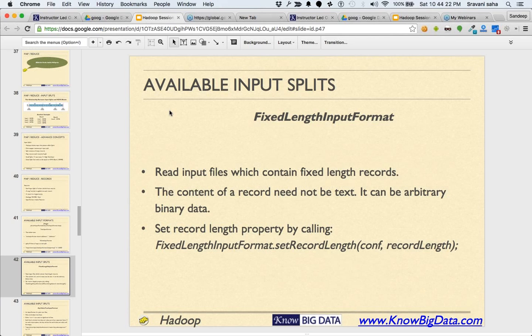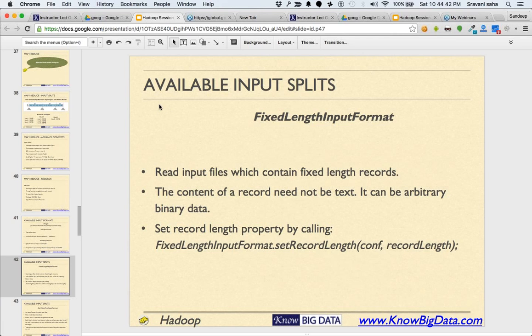Or sometimes you are dealing with a legacy input where each record is supposed to be of fixed length. If it ended before, it would put some special character for padding. So in those cases,